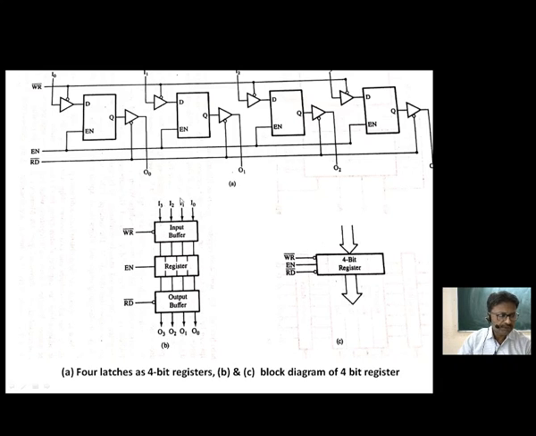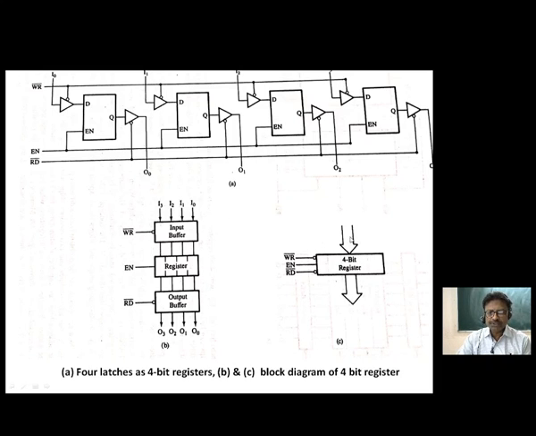The input buffer is connected with the input lines along with the write control signal, and the output buffer is controlled by the read signal, and the outputs are O0, O1, O2 and O3, and this is the register which is enabled by the enable signal. In short form, this block diagram can also be represented in this way, that we